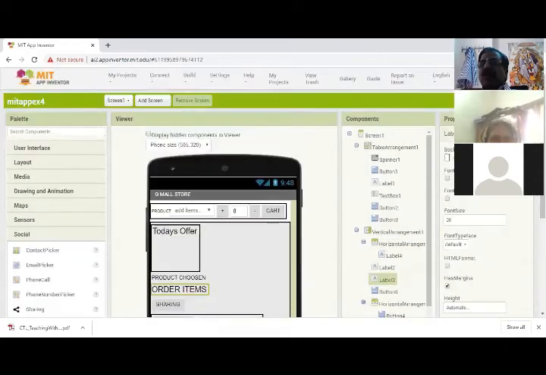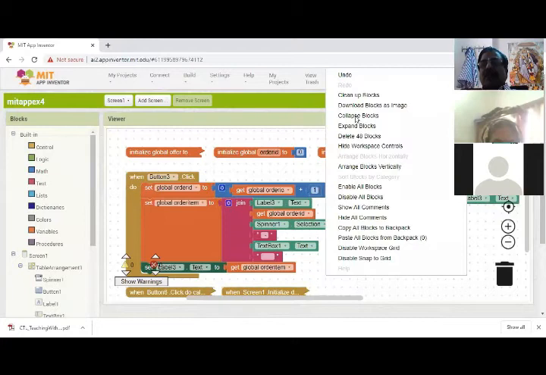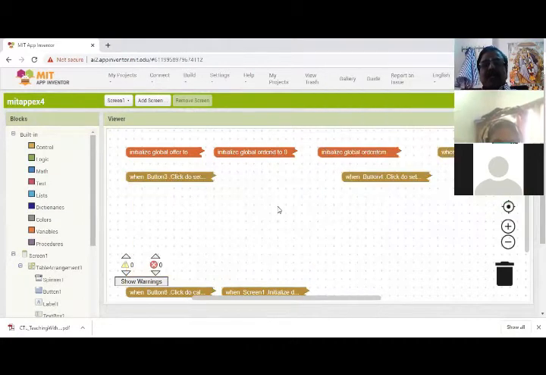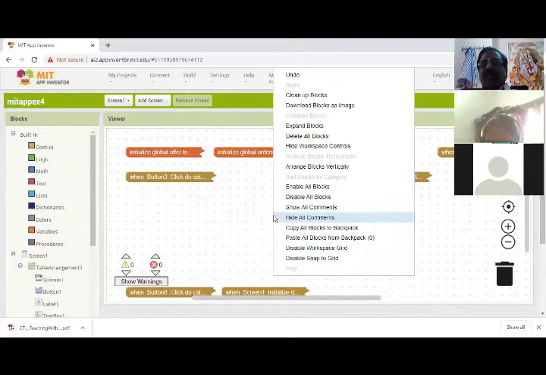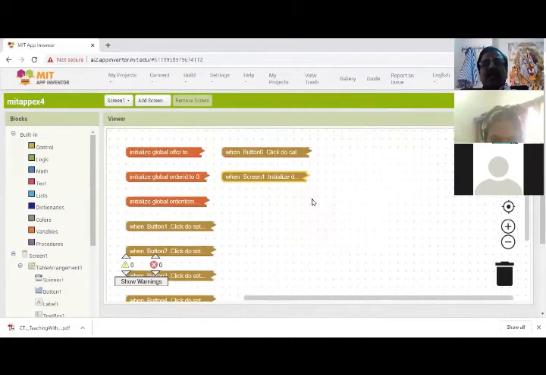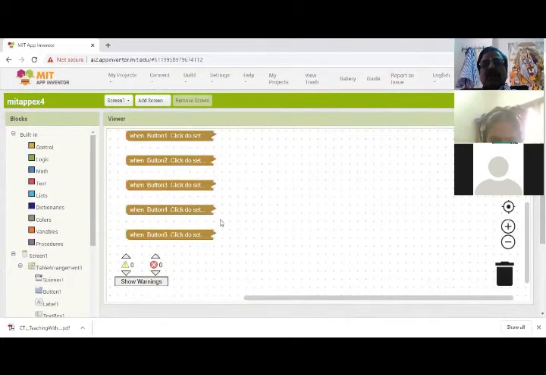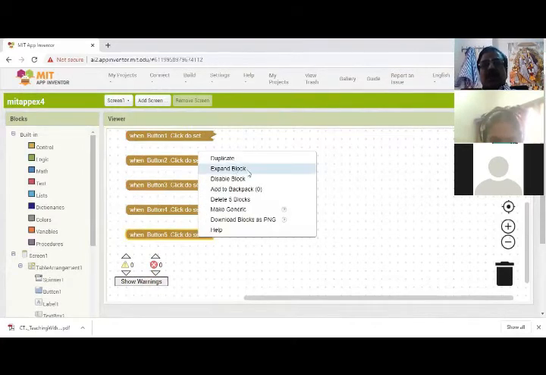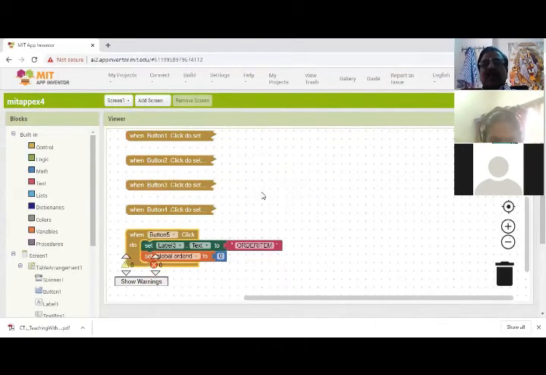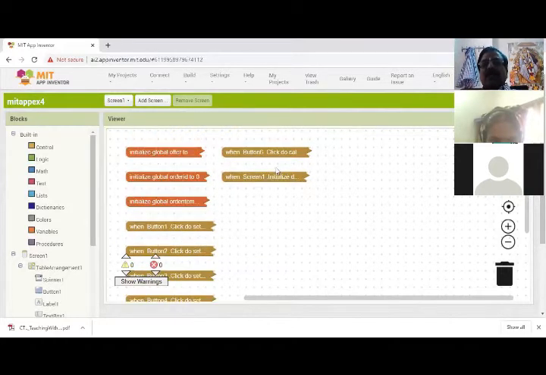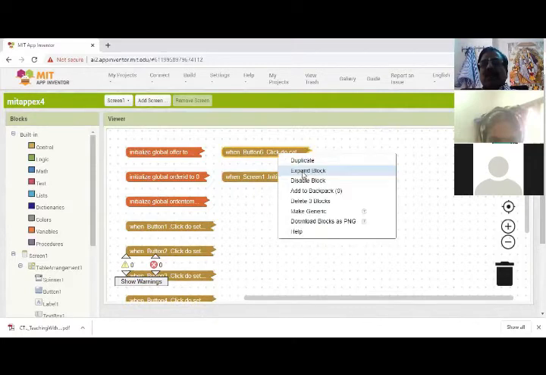Okay. So the blocks, I'm going to collapse the blocks. So in the button 5, I'm going to arrange it vertically or horizontally so that I can easily move it on. So vertically. I'm going to expand this block. Okay, order item is equal to the reset block. One more button. It's the 6th button.